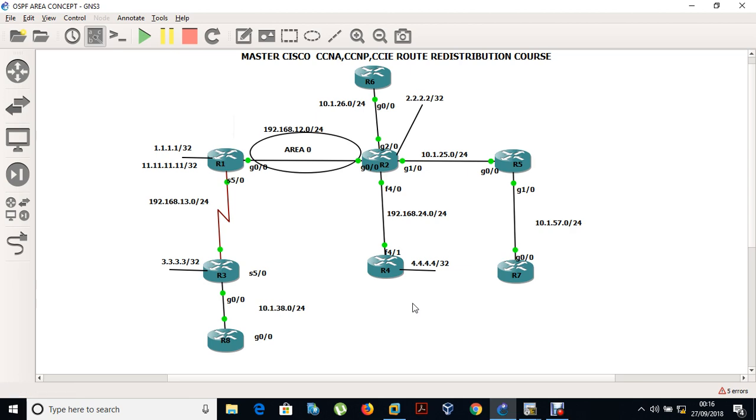But now there is no problem. There will not be a suboptimal route, and there is no suboptimal routing existing in this network, and there is no loop existing in this network. Everything is fine. And I hope it has been informative for